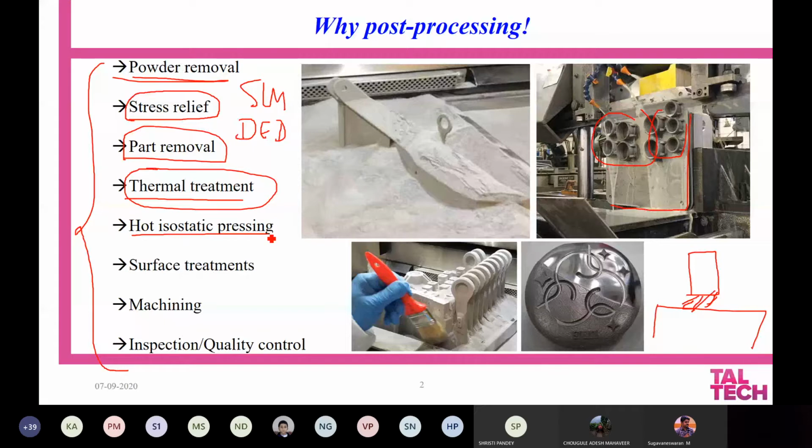Invariably, most additive manufacturing processes will lead to porosity in the material, even though the process parameters are optimized in such a way that you will end up with near theoretical strength, but not 100% dense material. You cannot be sure that you will get 100% density because there might be some porosity due to process parameters or due to absorbed gas from the powder particles.